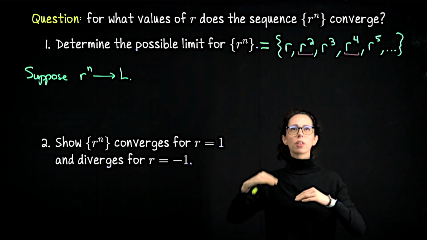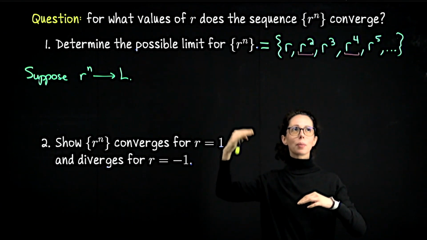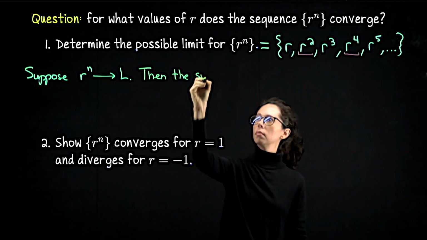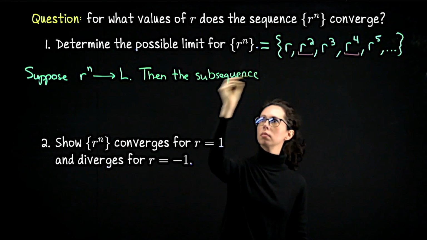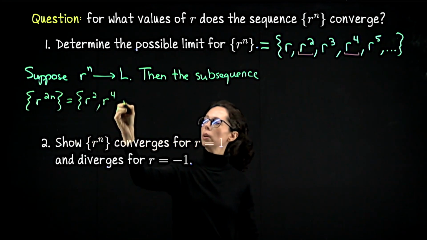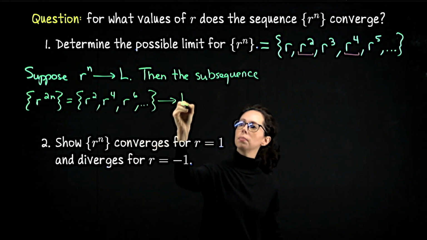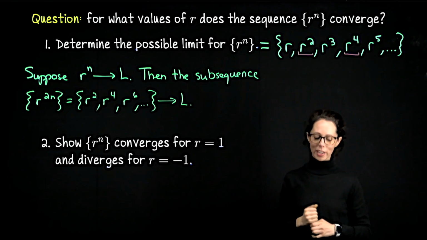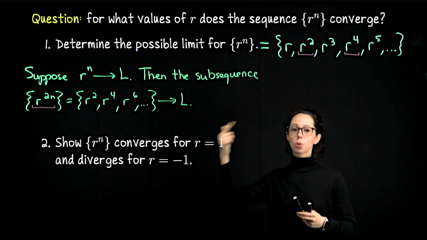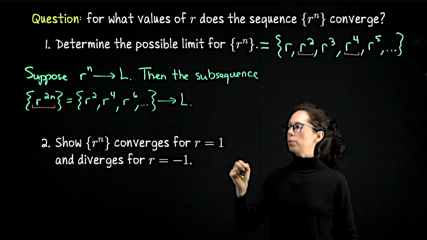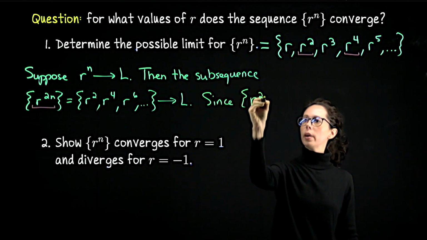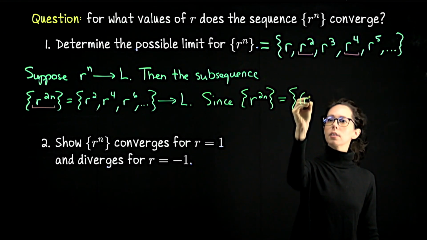Since these are terms that look like r being raised to 2 times something, so r to the 2 times 1, r to the 2 times 2, we can denote this as r to the 2n. So then the subsequence r to the 2n, r squared, r to the fourth, r to the sixth, also converges to L. However, there's a little trick here, and that is to notice that r to the 2n can be written as r to the n, squared. So we can do exponent laws there to take that as r to the n squared. Since r to the 2n equals r to the n squared,